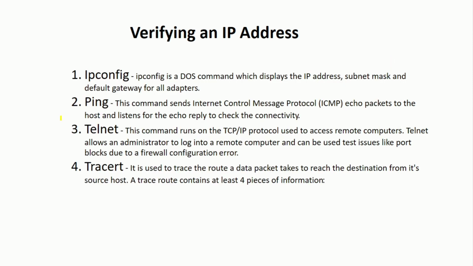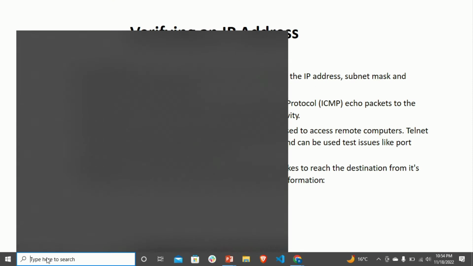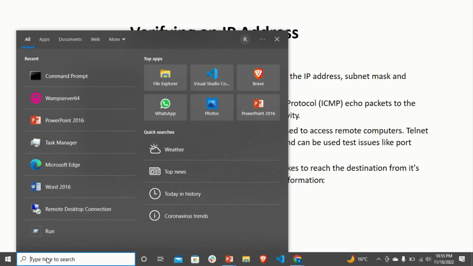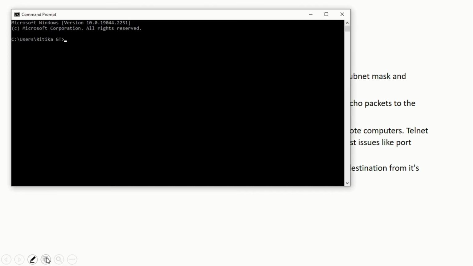Now ping. This command sends Internet Control Message Protocol echo packets to the host and listens to the echo reply to check the connectivity. Ping is used to check the connectivity of the devices. So if I have to check the connectivity between me and any device, any host, I will write ping and then the IP address of the host,